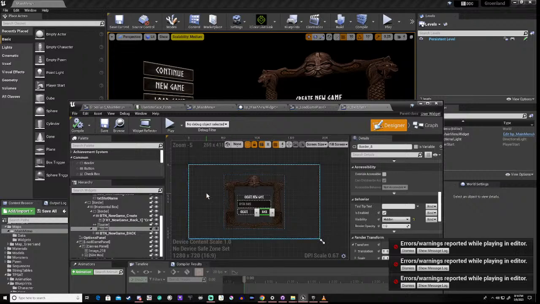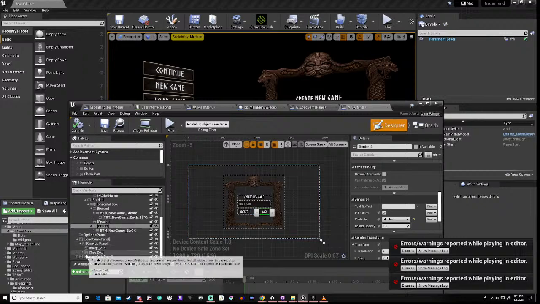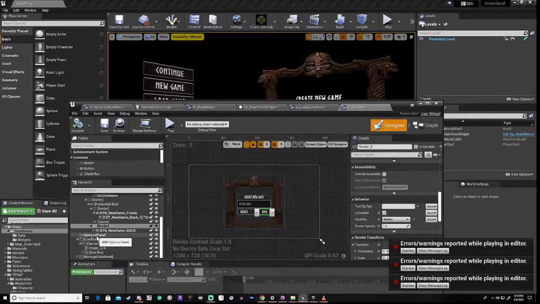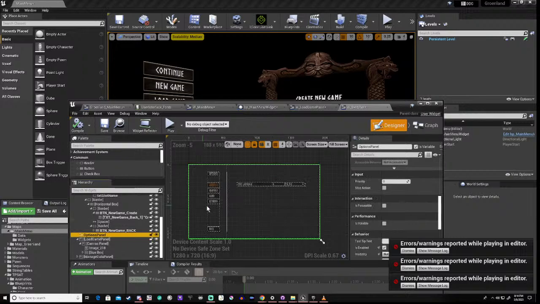Okay. And we've got the load game. Right, there's the options panel. Now, we're going to do something slightly different with the options panel, right? What we're going to do